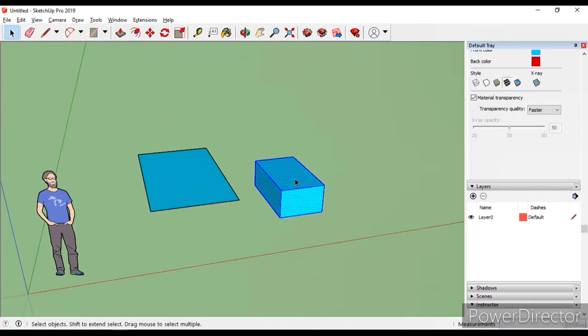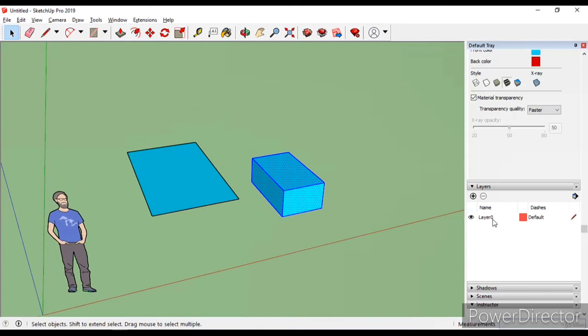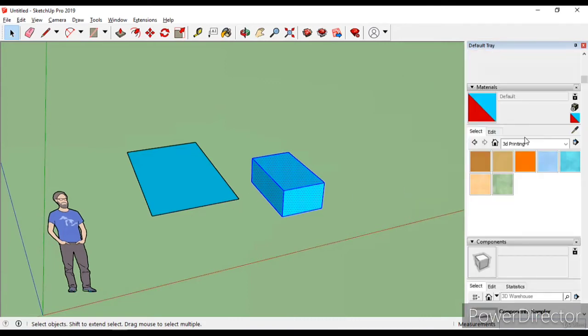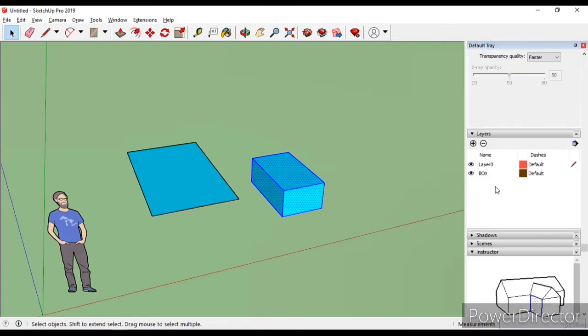Like if I want to make this 3D model and move this 3D model into a new layer, I can click add layer, create text it as box, and I'll select it and I will go to the entity information. Here I have found an option to move this object into box layer. So in box layer, it is moved to the box layer, and when I turn it off, it can be hidden whenever I require it.